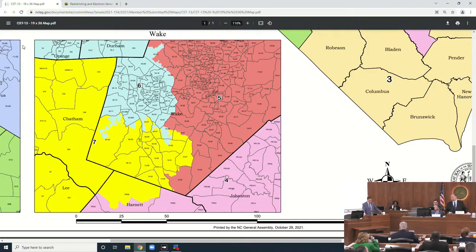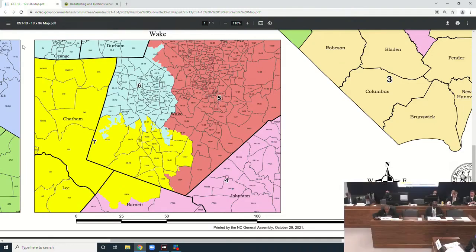If I can call your attention to the map, are you saying that none of the yellow portion in Wake County, at the bottom of Wake County, there at the southwest 90-degree angle that comes together there at Wake County, are you saying none of those are in a municipality? Is Fuquay not down there?